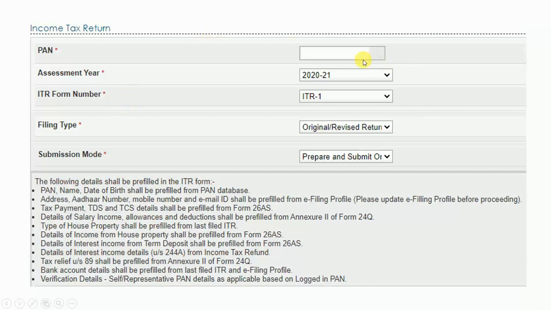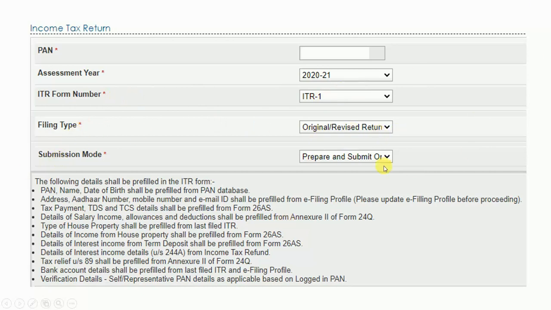So here you need to provide the PAN number, and choose the assessment year. I choose 2020-2021. That is the assessment year. That means you are going to e-file for the previous financial year, that is 2019-20. The form should be ITR1, and filing can be either original or revised.